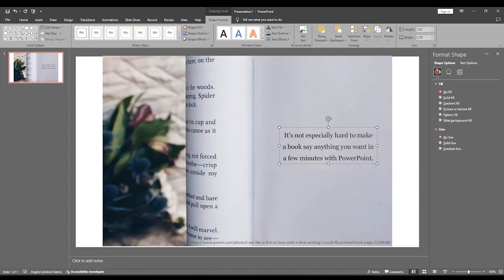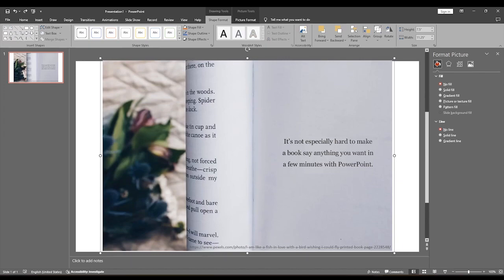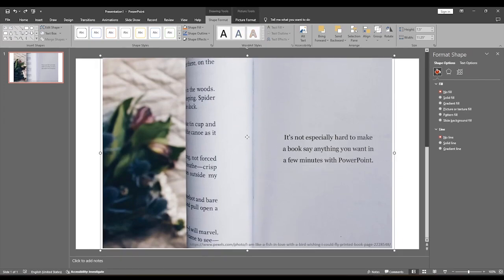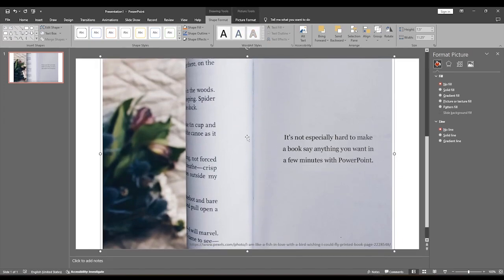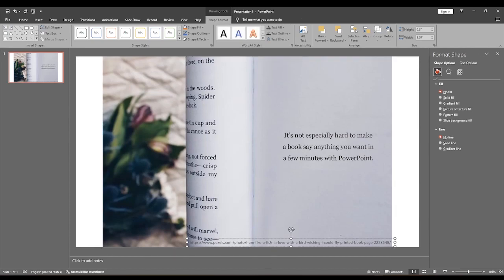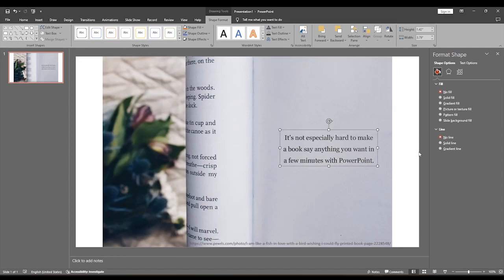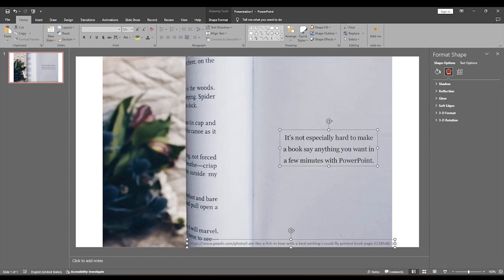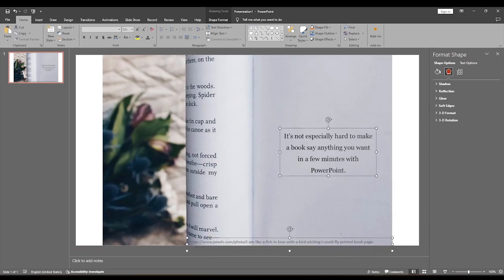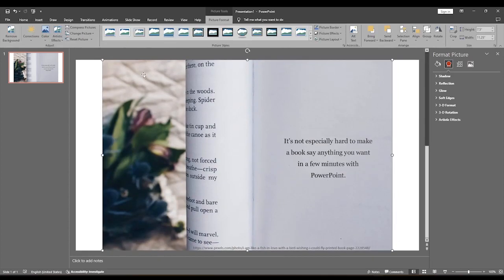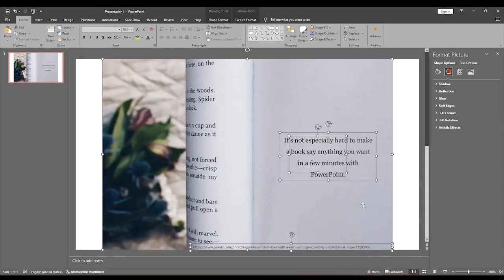So with that done, now no matter what text I type in here, it's going to look like it belongs to that page, like it's part of the text. And I can see a little bit of a white border around the outside edges of the photo, and that's because this text box is sticking out over the end. So I'm going to need to adjust the text boxes to make sure they're all inside the graphic, and then highlight the whole thing, right-click, save as a photo,